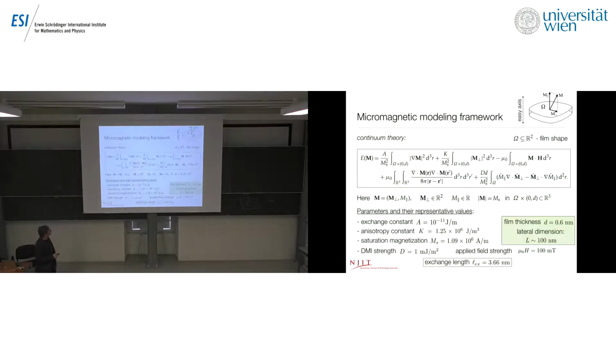So my approach to this problem is via the micromagnetic modeling framework, which is a continuum theory of ferromagnetic materials. And this theory starts with the energy that is written over here. It's the energy of a ferromagnetic body. So the ferromagnetic body is characterized by a vector m, which has constant length, but as I said, is allowed to change its orientation. And the energy consists of